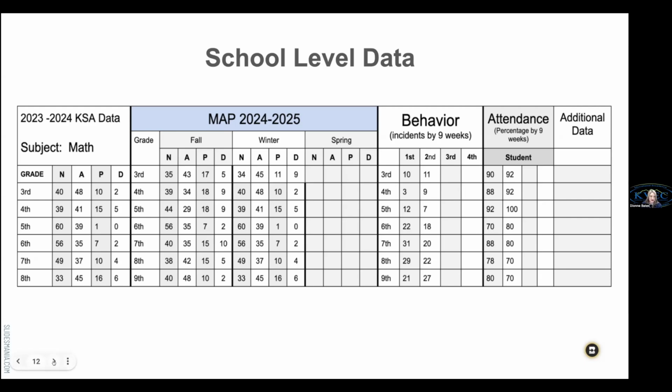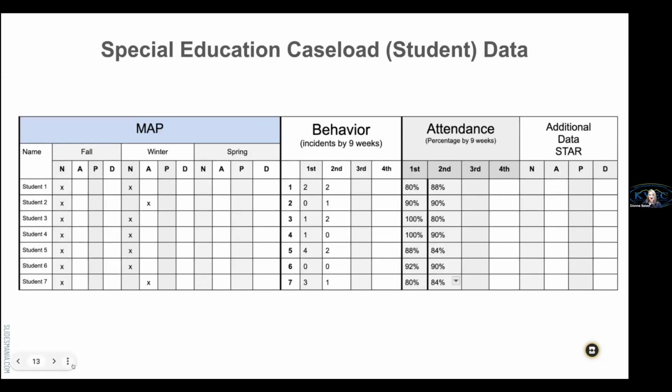So now let's take a look at this slide. I'll tell you a little bit about how we arrived at thinking about this. I was working with a teacher, and we were talking about that aggregate data versus that suppressed data for our IEP students. Let's say this was a 6th grade class, and I only use 7 students for this example, but this is a special education teacher's caseload. So this data on the MAP, or whatever assessment you use for your benchmark data, is the data they collected. Let's say this is for reading.